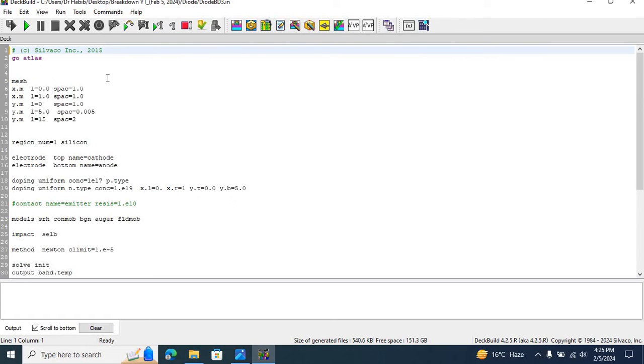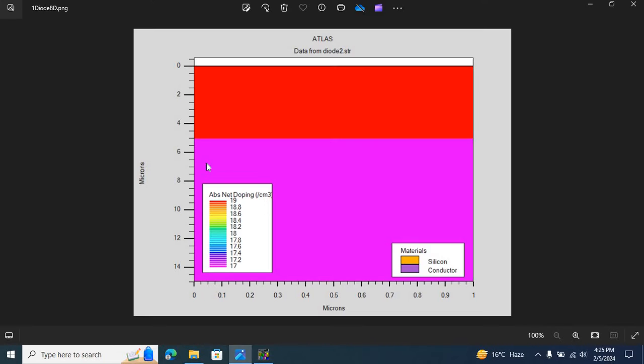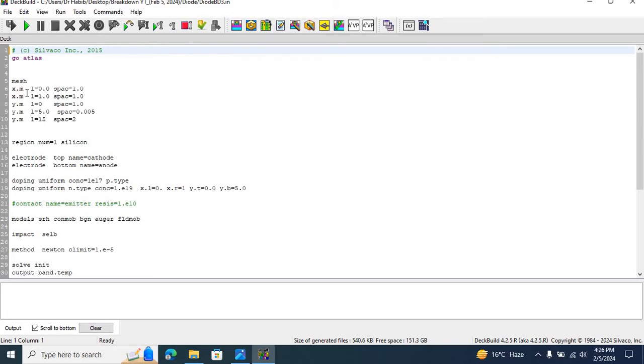As you already know, we write the command go atlas, and then we introduce meshing. Meshing is critical. And as you know, we would like to introduce denser meshing around the p-n junction at the interface, and less dense meshing away from the junction. So in the x direction from 0 to 1 micrometers I have introduced a spacing of 1, while in the y direction